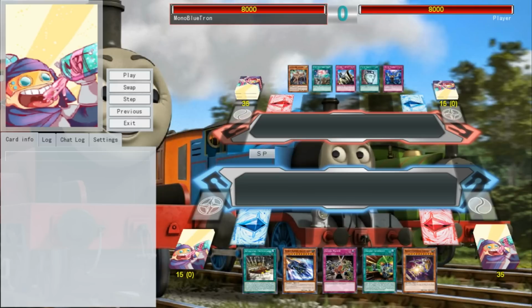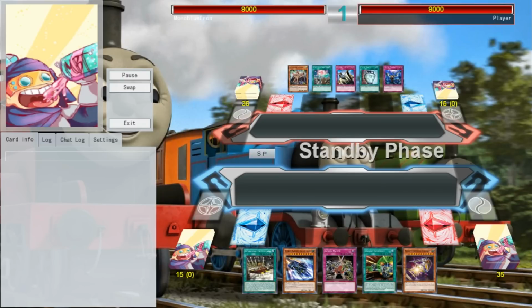Oh no! Alright, so it's time for Game 2. Our opponent is on the play this time. They're going to start by activating the effect of Pot of Duality, and what do they find but...